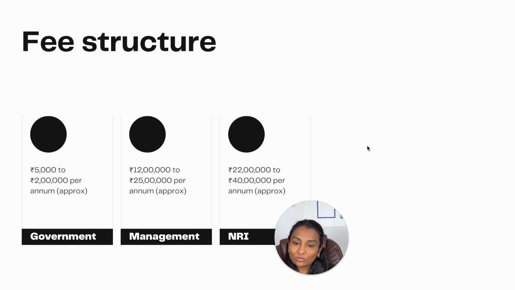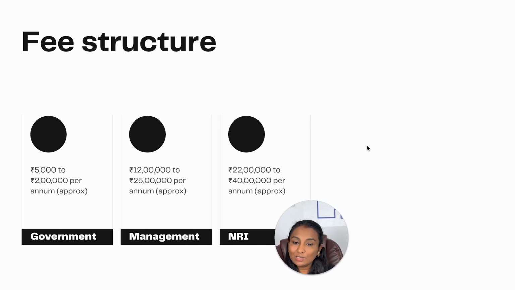Now, for all the government colleges, the fee will approximately be anywhere between 5,000 rupees per annum to 2 lakh rupees per annum, though some will vary a little bit, going higher or lower. I'm repeating again, there are some colleges which have higher than 2 lakh when it comes to government seats as well. So be very careful when you're exercising your choices. When you're dragging a seat from the options available list to choice filling, you can see the fee as well. So make sure you're seeing the fees and then dragging it to your preference list.